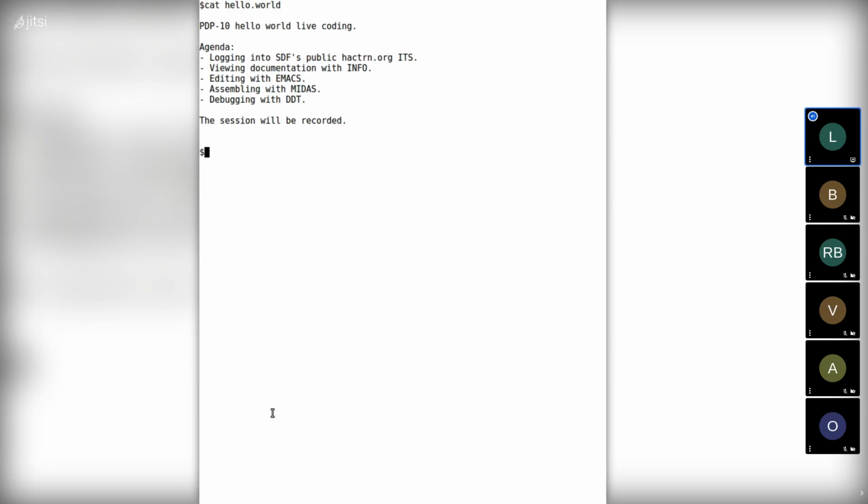So I'm going to use the SDF public ITS. I'm going to use a plain, normal terminal window and just use telnet to log in.